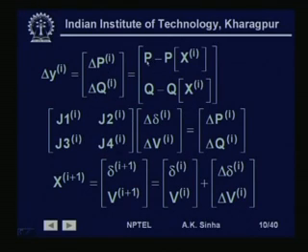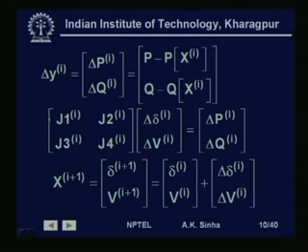This will be nothing but equal to the P value which is specified at the buses minus the P value which is calculated with the state variables, v and delta, calculated at ith iteration. Same thing for Q: Q specified value at that bus minus Q calculated with x at ith iteration. This can be written as